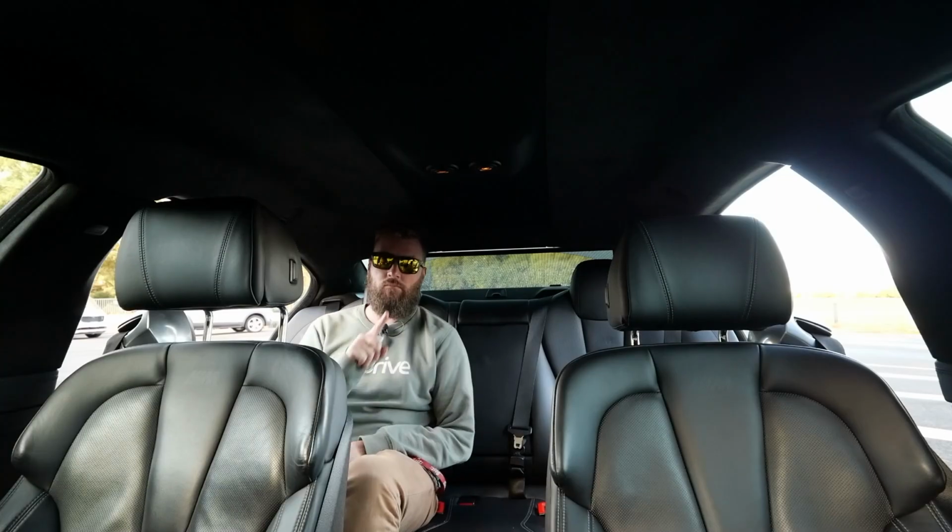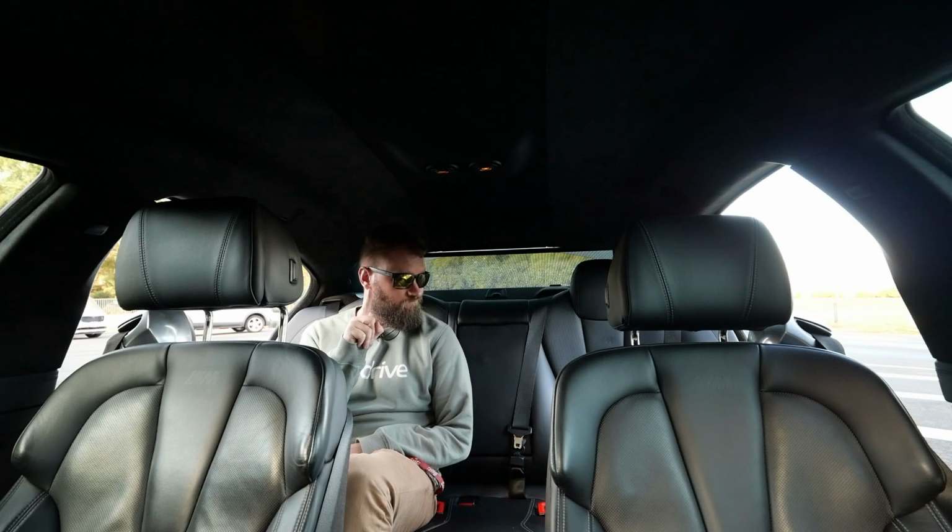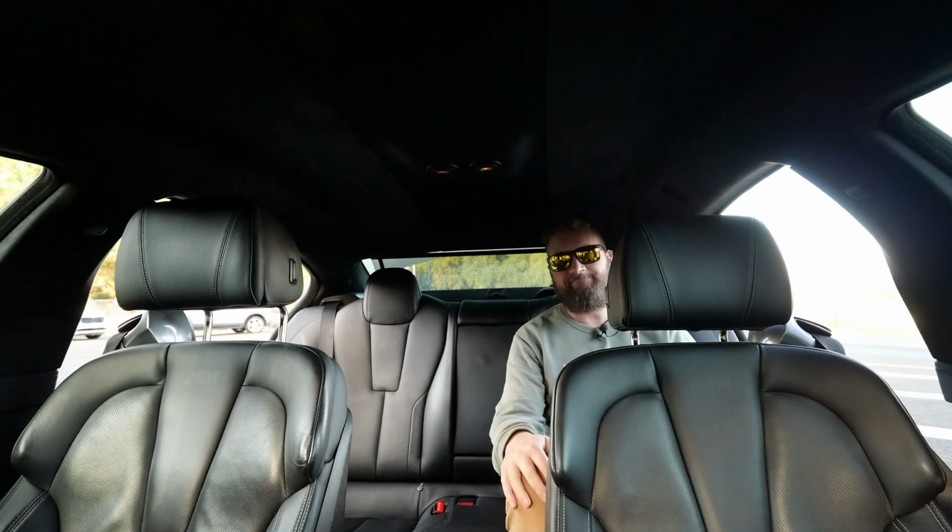And once the weather had cleared, we took a look at the rear seats. Rear seats, you ask? Now, they can reportedly fit 3 people. So let's have a count, shall we? 1, 2, and 3. Yep,